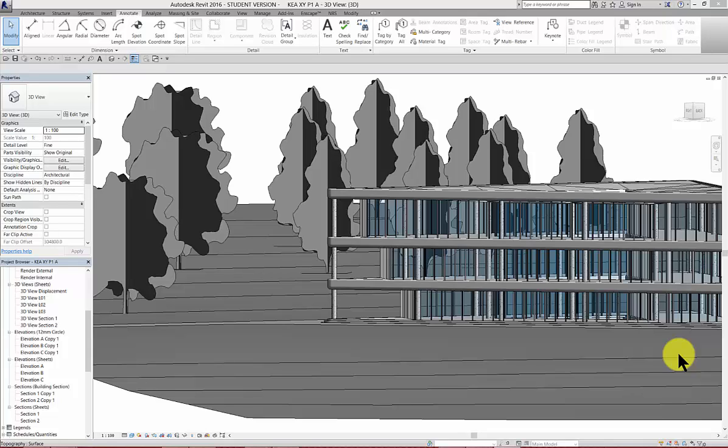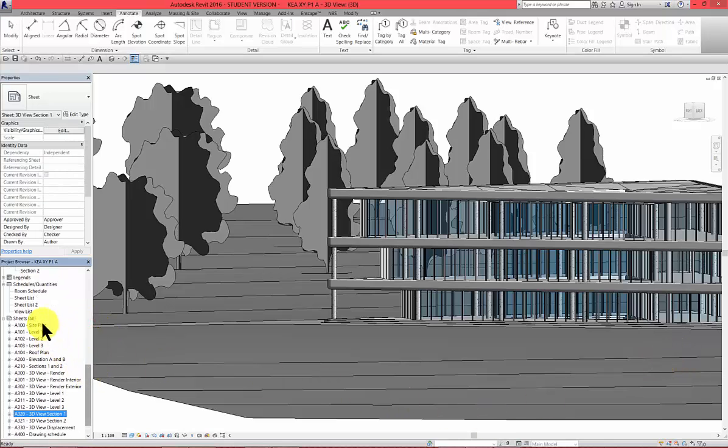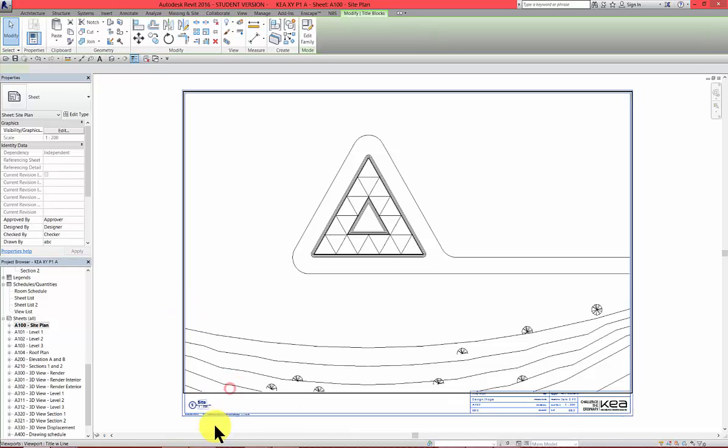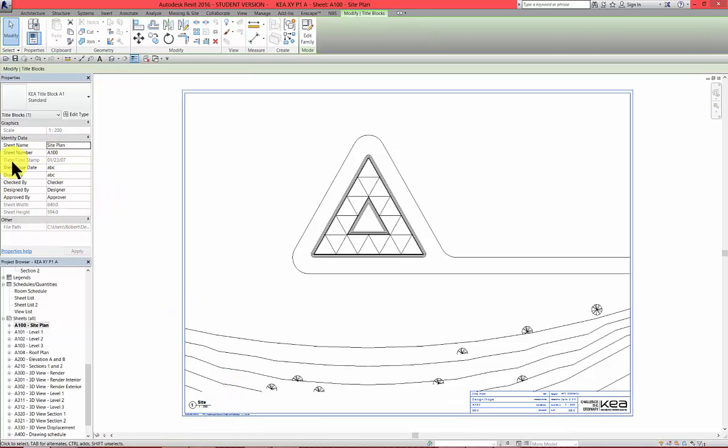The last thing we will do is to print it off, so actually export it into PDF, and also add some information in our sheets. So if we go to site plan, you select the title block, and then we would like to fill this window with some information. So site plan, that's correct. Sheet number, that's correct. And then sheet issue date, we would like to type